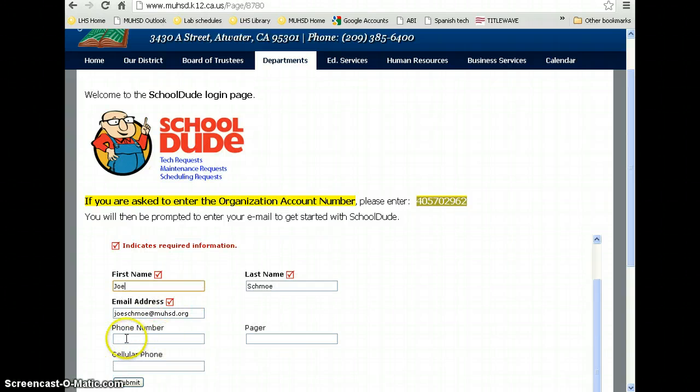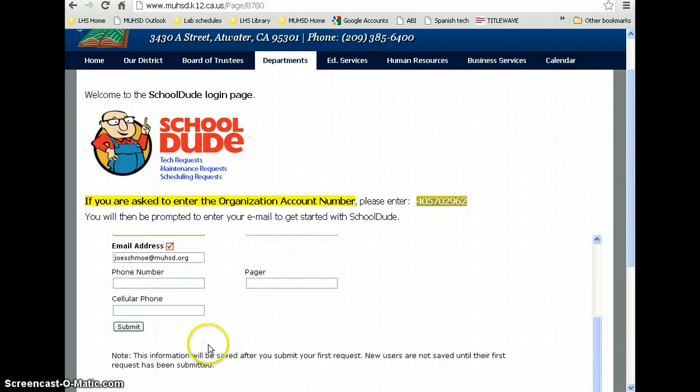You'll notice that there's not a red check next to phone number. You do not need to submit your phone number or your pager number. If you're still using a pager, well, welcome to the 2000s. You should probably move on to a cell phone. Putting in a cell phone number will allow the computer tech to contact you more easily, but it is not required. Then I click Submit,